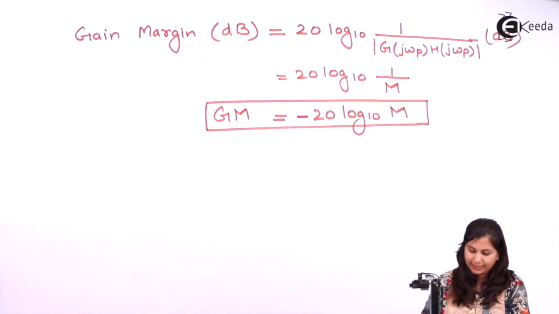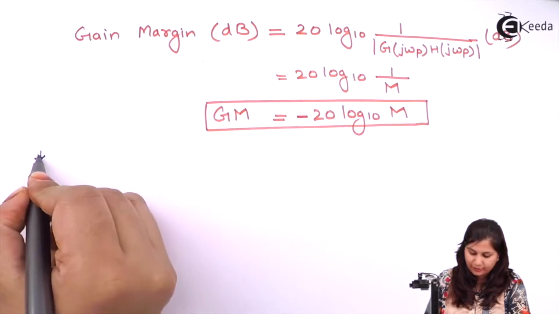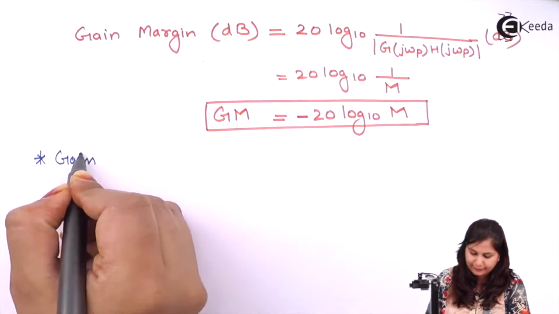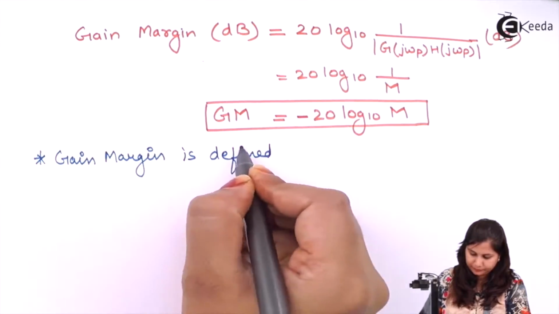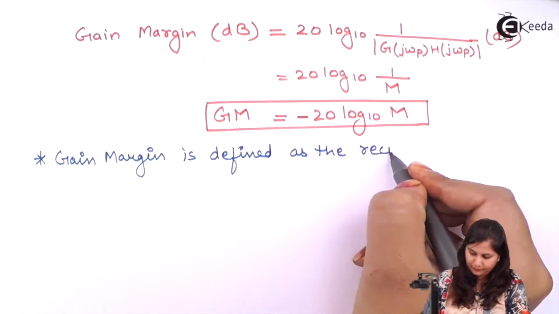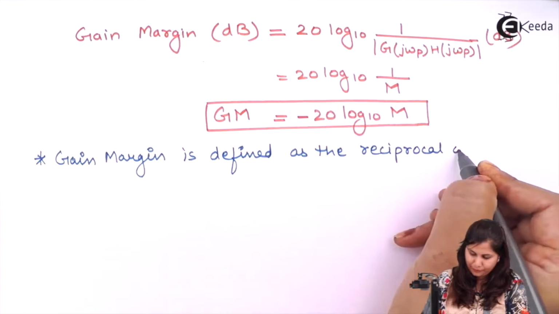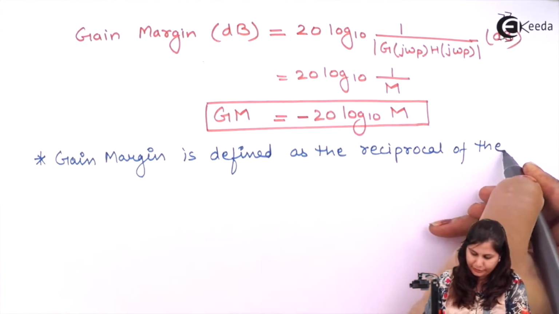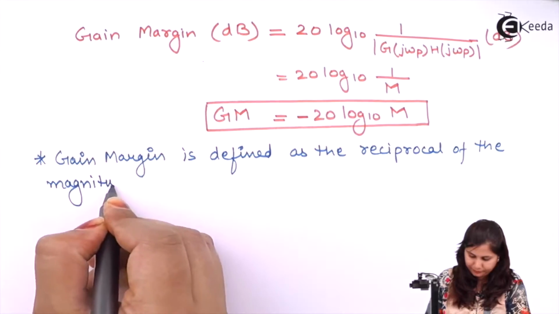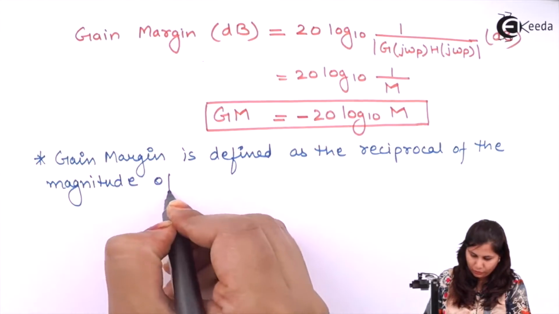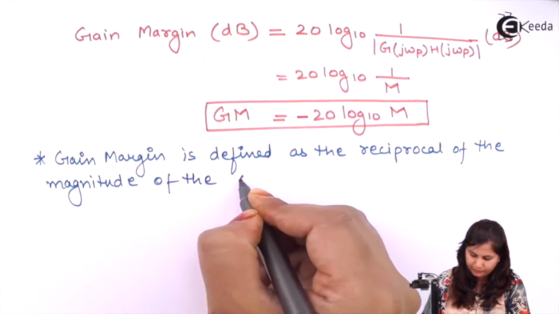So we can say that the gain margin is also defined as the reciprocal of the magnitude